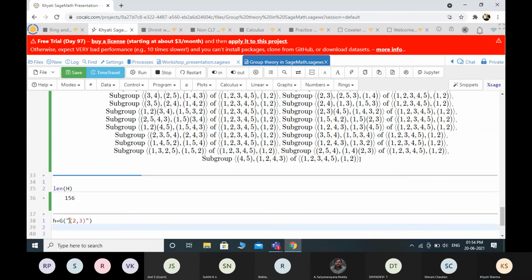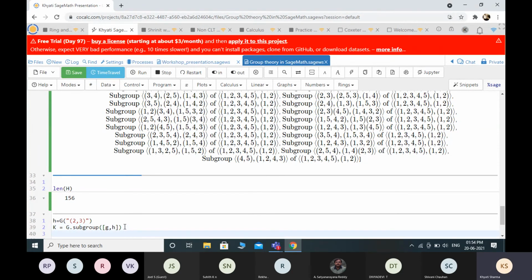So now I'm defining K as G dot subgroup, generated by G and H. G I defined first.